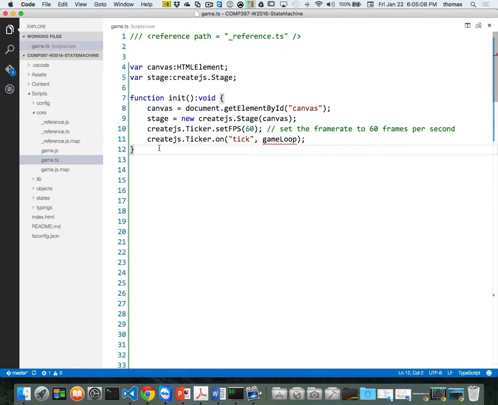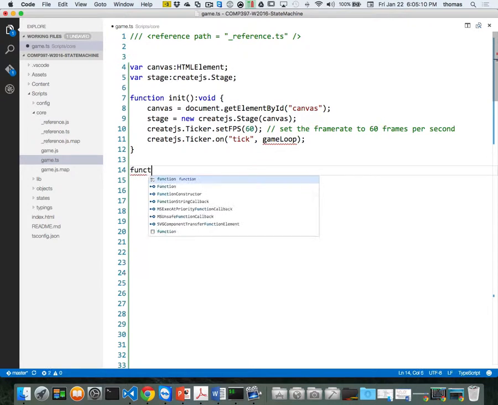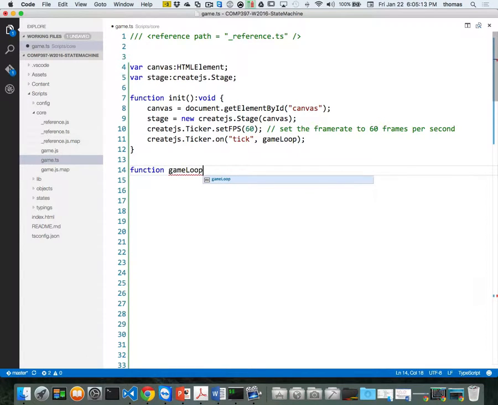Let's make it. So we're going to go in here, and we're going to write function game loop, right? And it's going to return void, of course. But it's an event function. It's an event handler, which means whether you put it in here or not, I actually have an event variable, an event target. So this is what I want you to put in here: event,